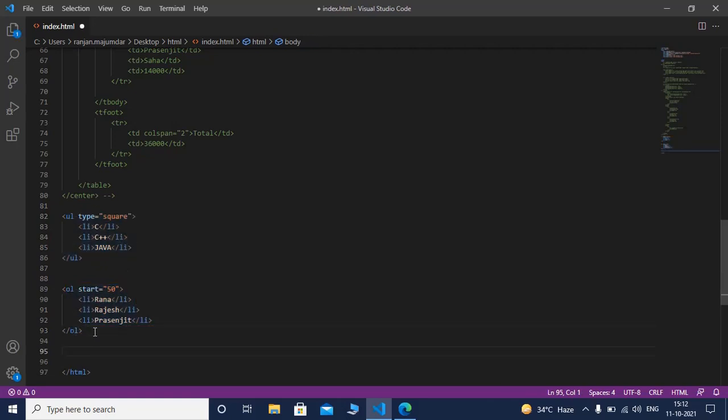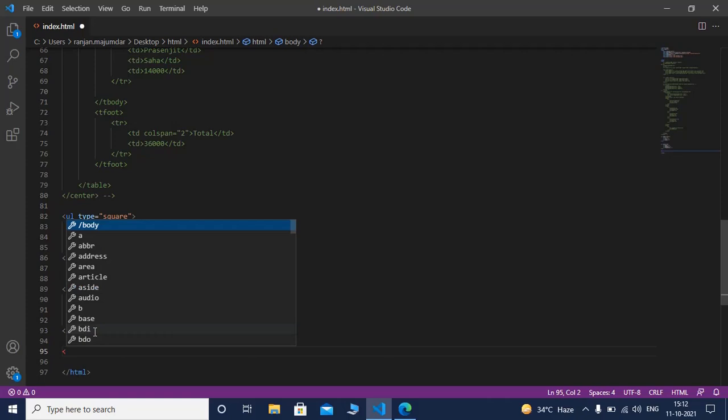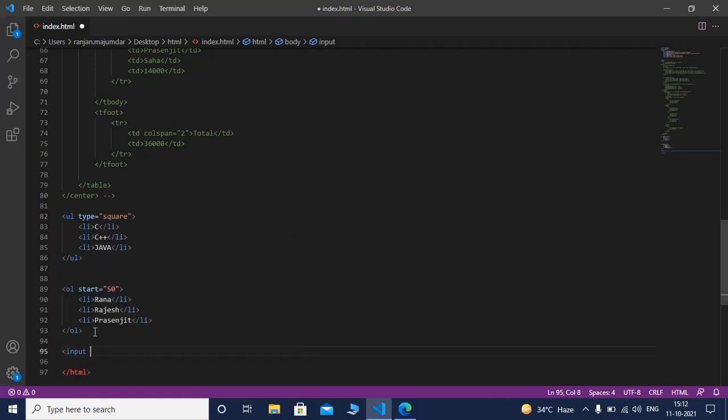The next tag is the data list tag. I am explaining the data list tag using an example. Here at first I am using an input tag where type is text, ID I am taking as text name, list equals to name.